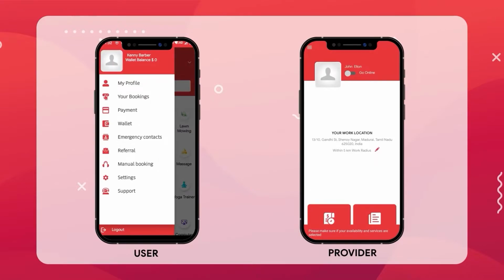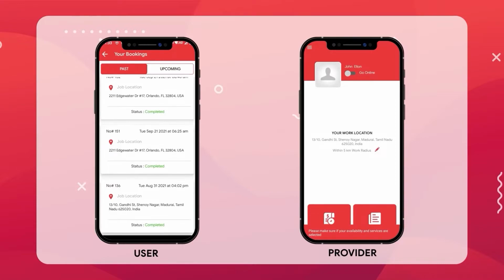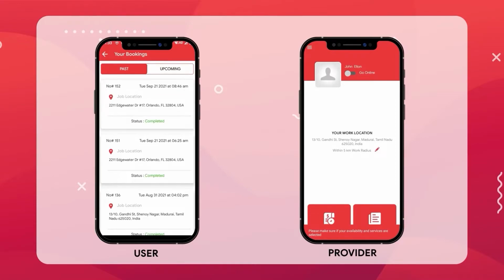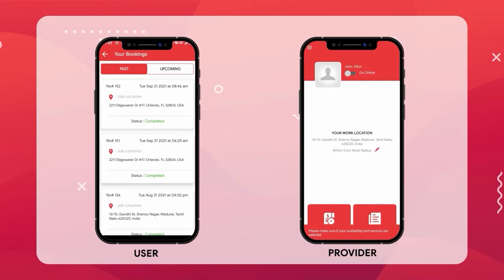The Your Booking option is used to check the list of services that the user has booked. The user can check the completed services with detailed information and also check the upcoming services with detailed information.